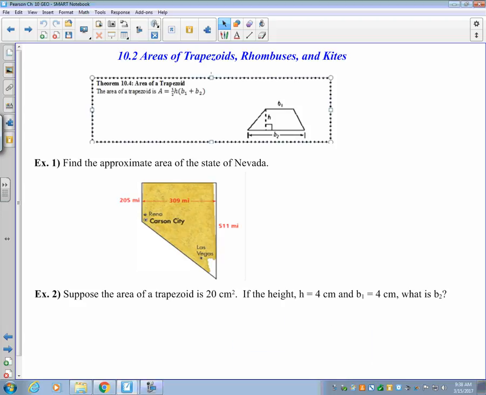Okay, so the area of a trapezoid is 1/2 times the height times base 1 plus base 2. So here's how I remember area of a trapezoid, because it's kind of a weird one. I think of it as, since a trapezoid has 2 different size bases, how do we find the average of 2 numbers? So you add them together